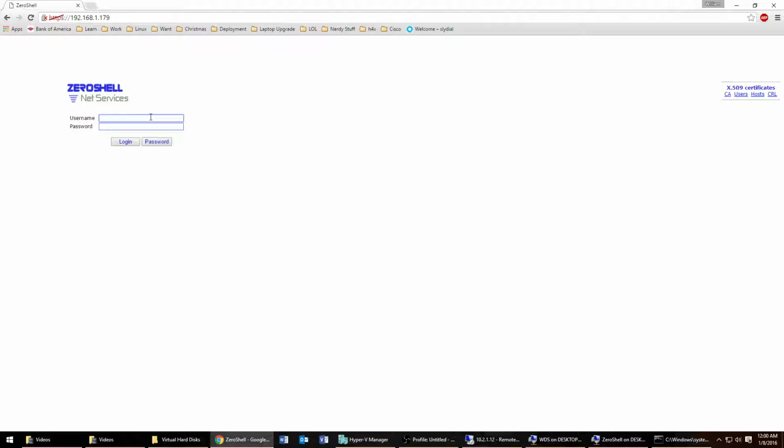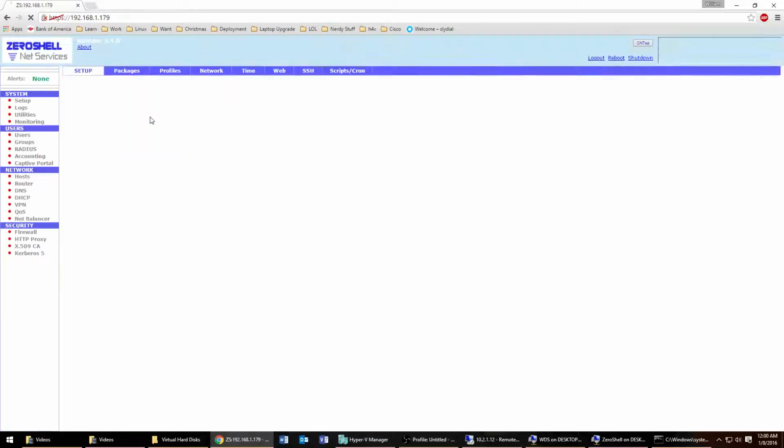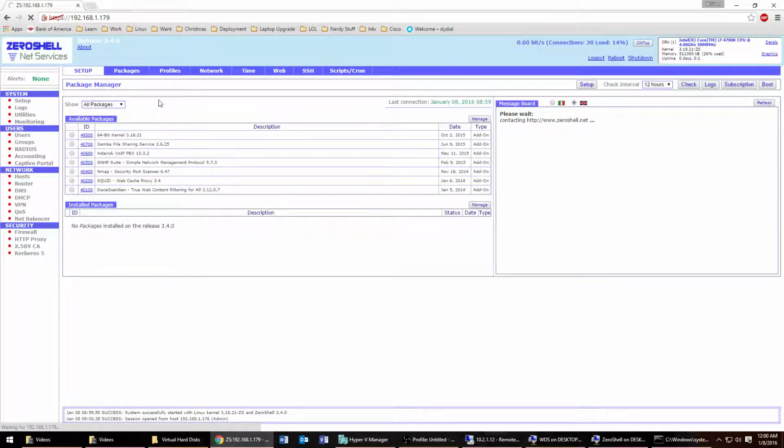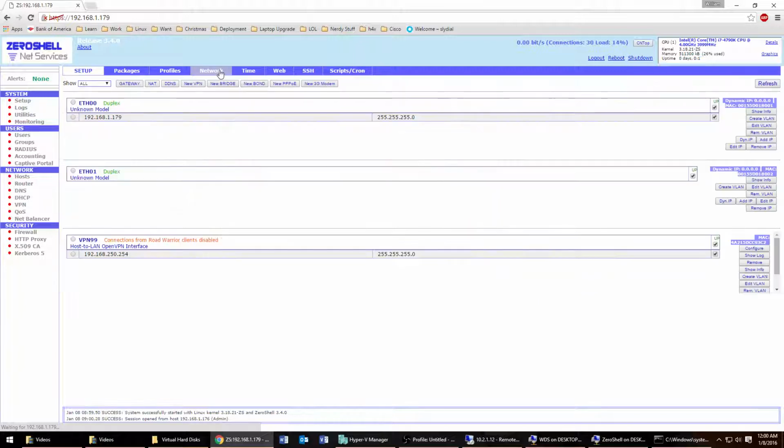Then username, I believe it's admin. Password's the one you set up. In my case, it's password. Then you want to go to network, and you can see the Ethernet 0, the one we set up during the installation. It's all populated right here, and we're going to go to ETH01,